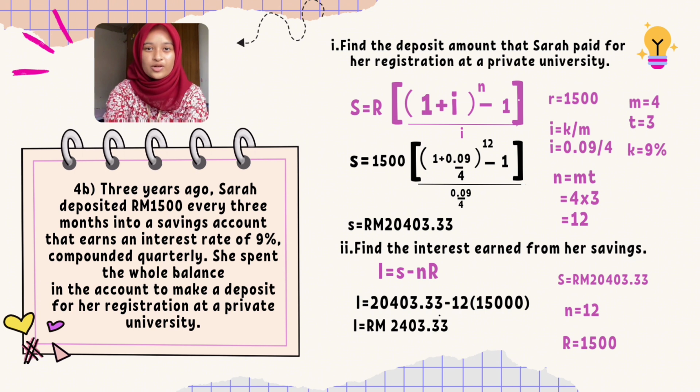So S equal to Rm 20,403.33. Second question is find the interest earned from her saving. To find interest earned, use the formula I equal S minus nR, which is I equals 20,403.33 minus open bracket 18,000 close bracket, so I equal to Rm